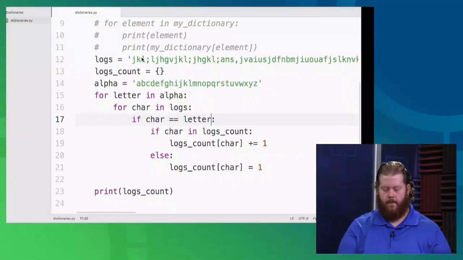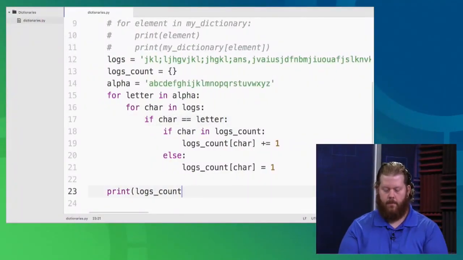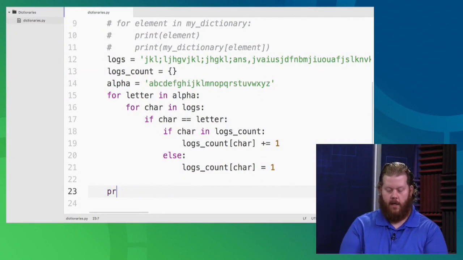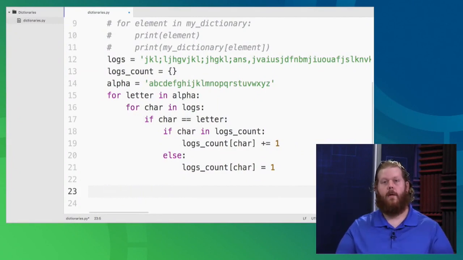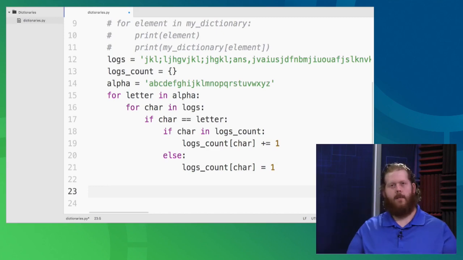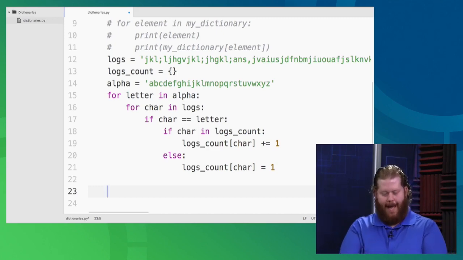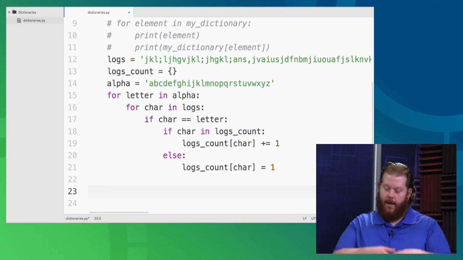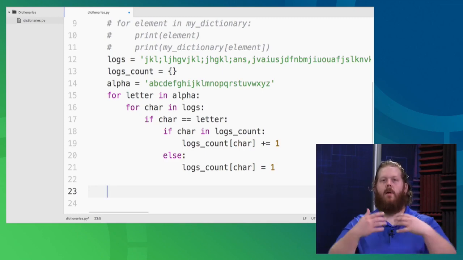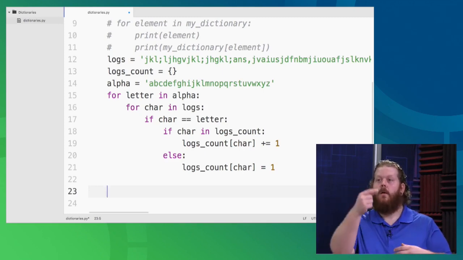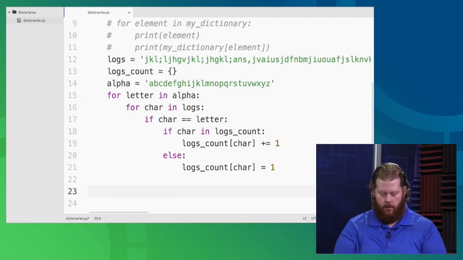This is a better output than we had before. But what if we could make this a little better, right? So I wanted to print out these in comma separated value form. So you've got to put a little makeup on this. Pretty it up. I know at the very end my logs count has all the information that it contains, but I want to make this to where it prints out in it. Okay, this is delimited. Cool.